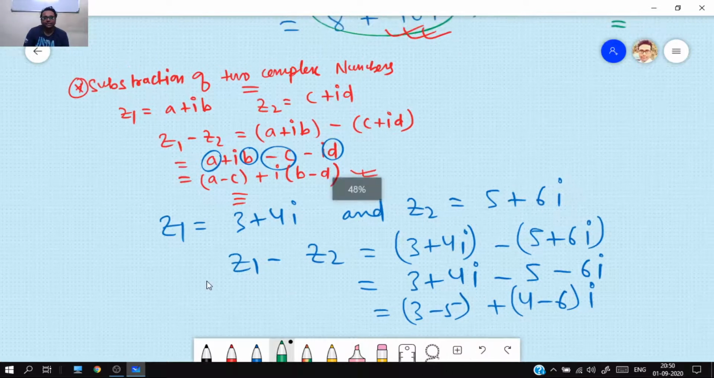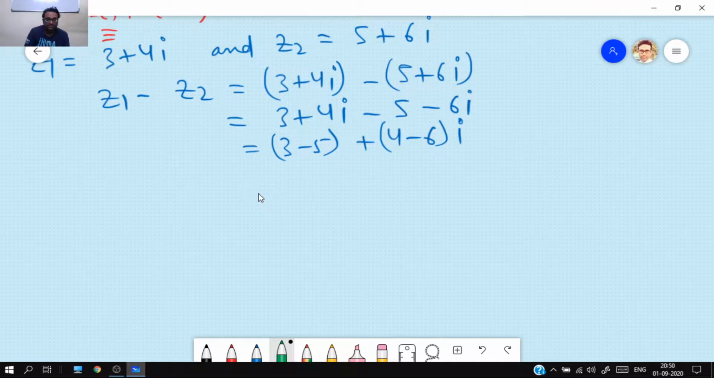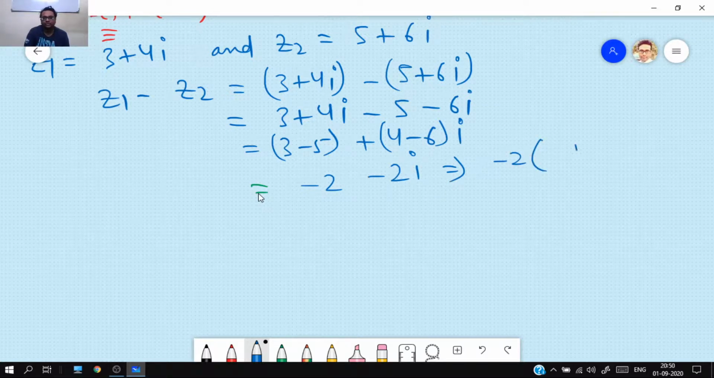So what is my final answer? My final answer is minus 2 minus 2i. Or you can write it like this, taking minus 2 as common, 1 plus i. This is your answer. And suppose if you want to find z2 minus z1, what we are going to do